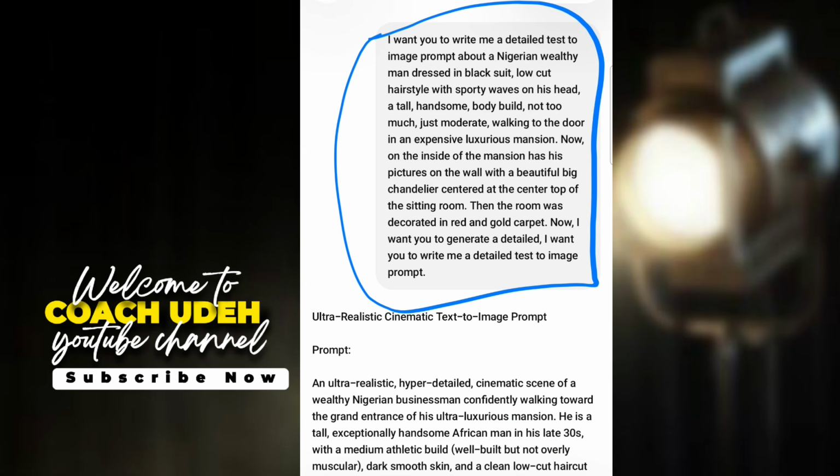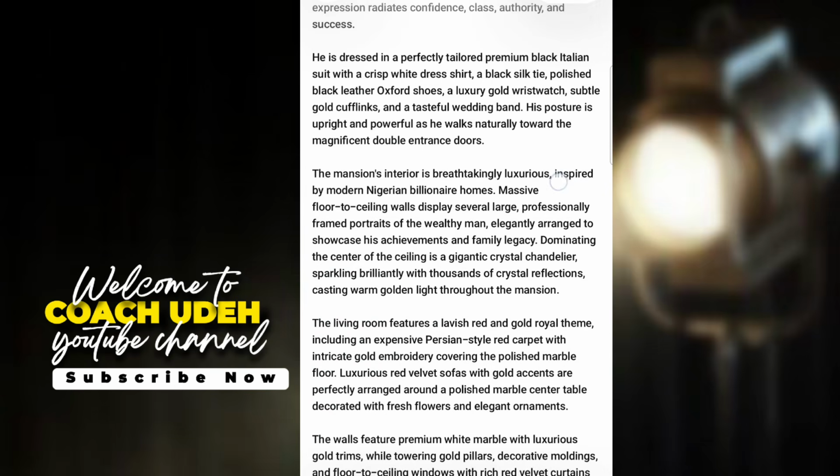On the inside of the mansion are his pictures on the wall with a beautiful big chandelier at the center top of the sitting room. Then the room is decorated in red and gold carpet. Now, I want you to write me a detailed text to image prompt. So that was how I was able to get this.